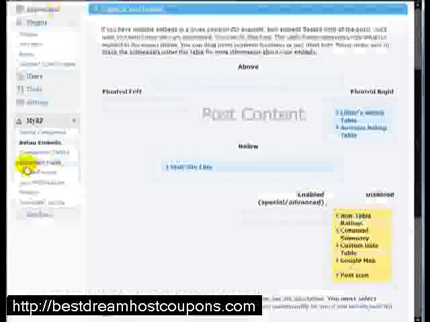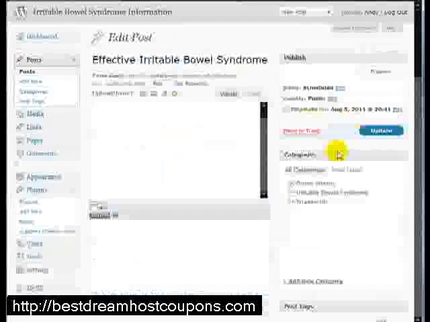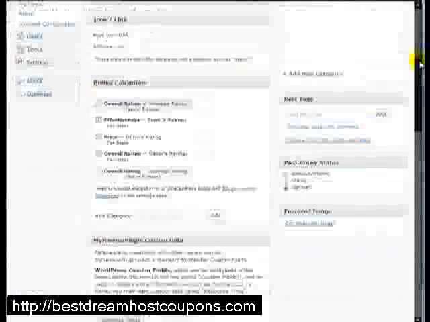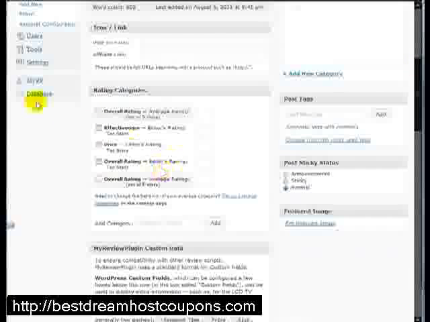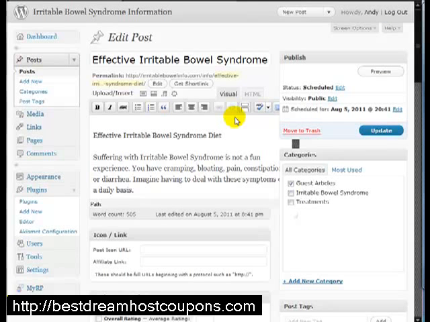The reason it's not embedded in that page is because over on the post section you can see that we haven't filled in the rating categories. Therefore the rating system is not put onto that page. It's that simple. Now there's lots more to show you with this plugin, but at the moment there's a start to start integrating this plugin into your